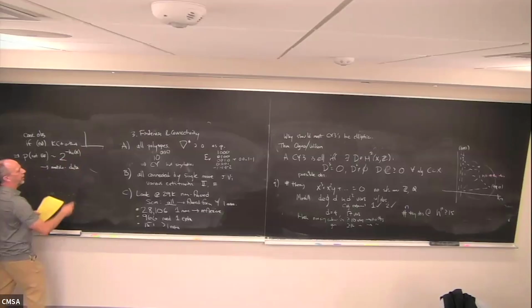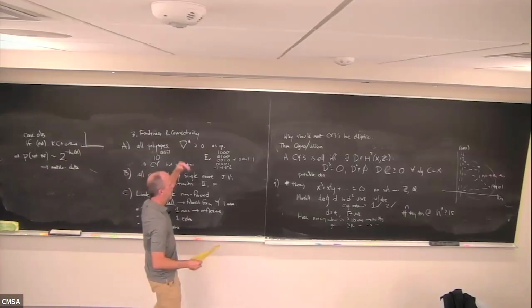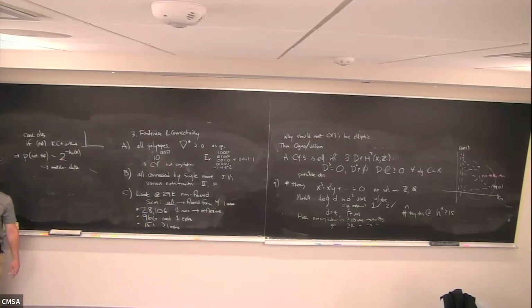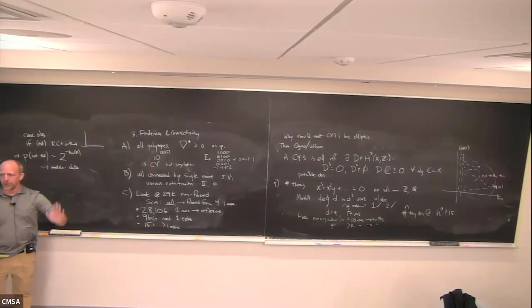So I told you about these 29,000 that aren't elliptically fibered. They decrease almost exactly according to that 2 to the minus H11. So there's kind of a general argument, which is not a math proof, but it's just an argument based on some statistical assumptions that if the triple intersection numbers are independent, this should be the rate at which the probability that you're not elliptically fibered goes down. And it exactly matches what we see in the data. So it seems pretty plausible.